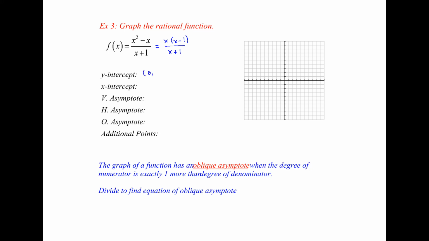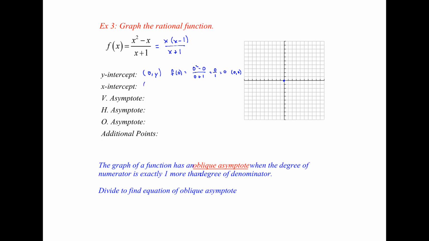If you're finding your y when x is 0, what is y? So you plug in f of 0, so that's 0 squared minus 0 divided by 0 plus 1. So 0 over 1 is equal to 0. So the y-intercept is at 0, 0. Well, if your y-intercept is 0, 0, your x-intercept also has to be at 0, 0, but let's go ahead